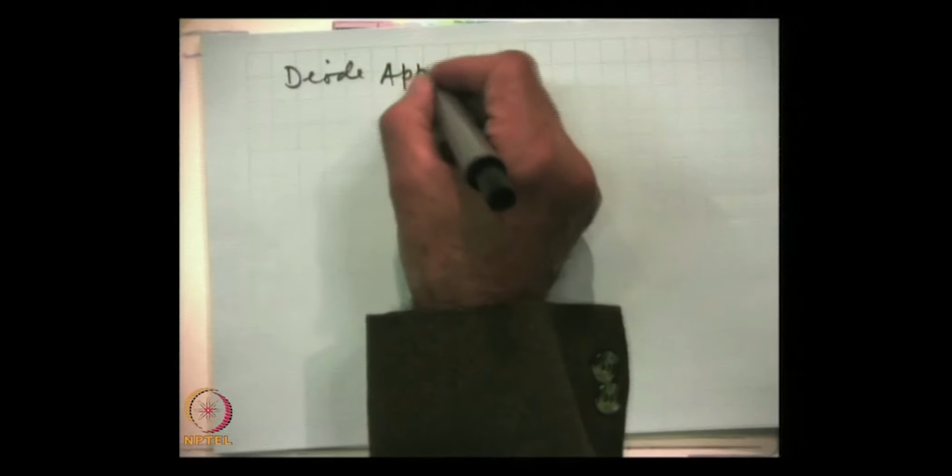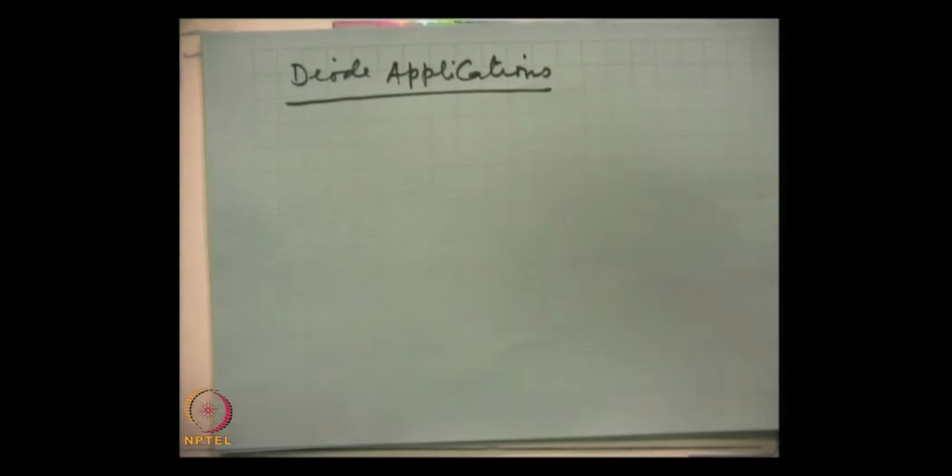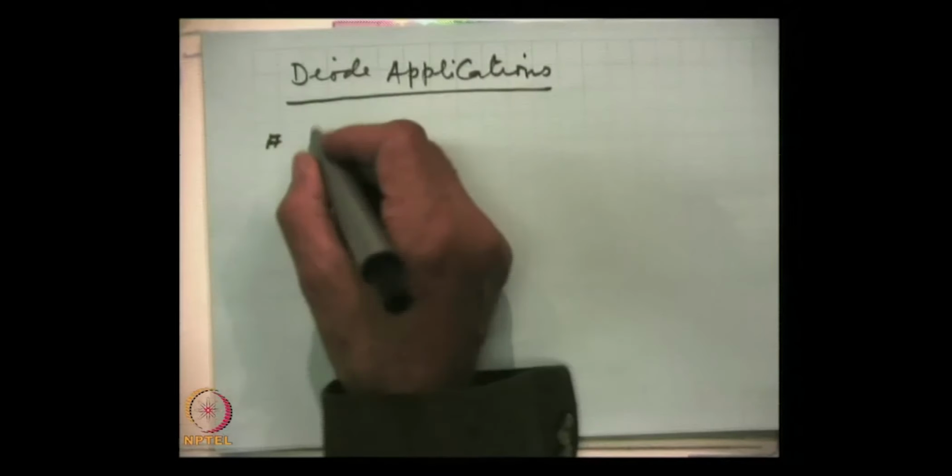We will continue now with the diode applications in circuits. Different kinds of circuits are there which make use of these diode properties, and we will be discussing them one by one. So, some of the applications which we will cover are diode